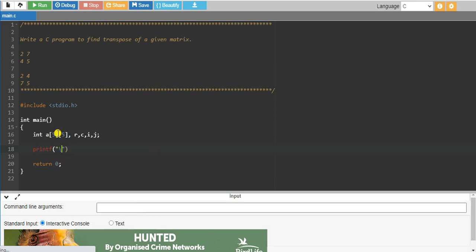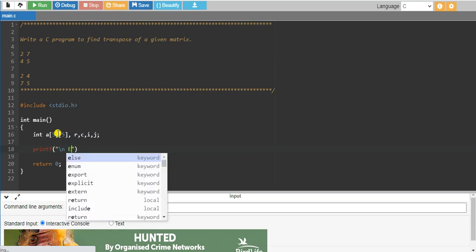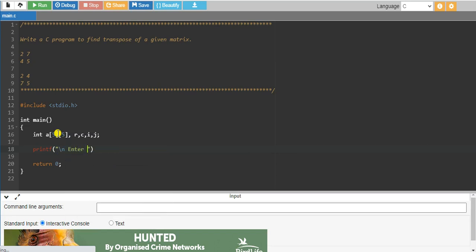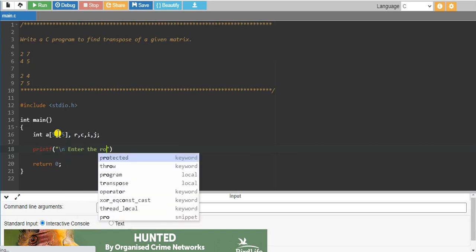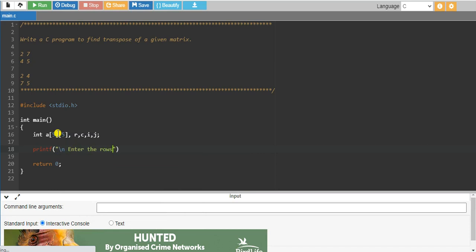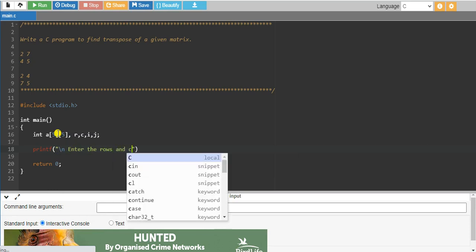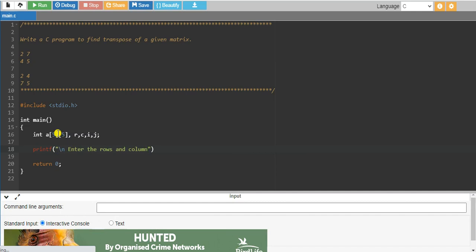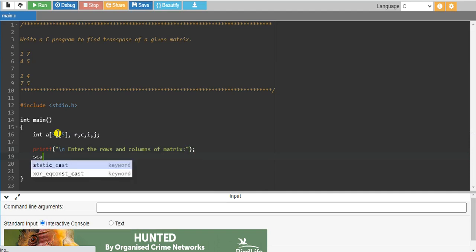Before that I'll use \n, enter the rows and columns of matrix. Then how to read these rows and columns of the matrix with the help of scanf statement, right?